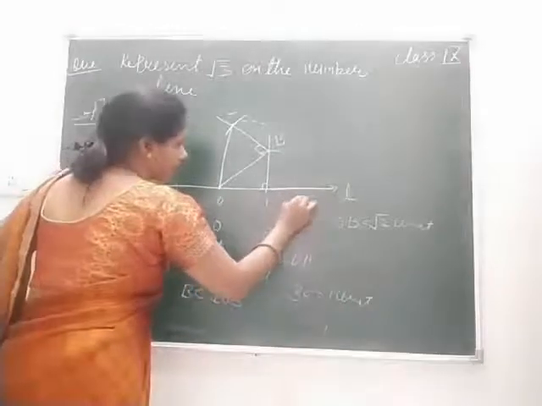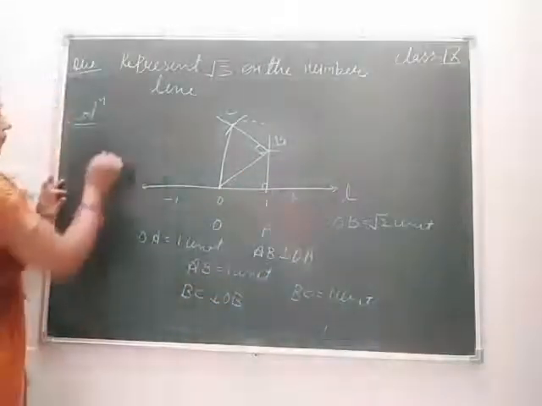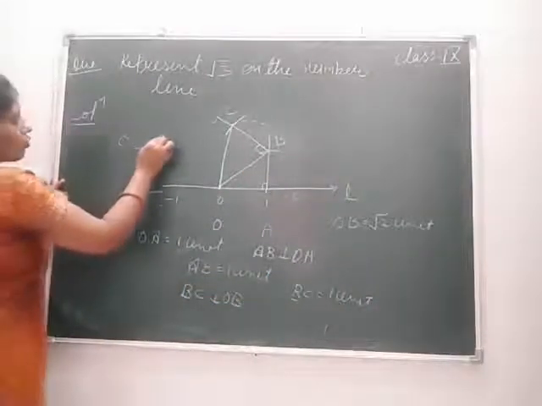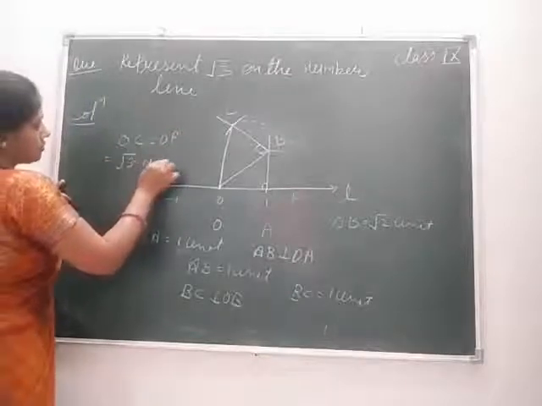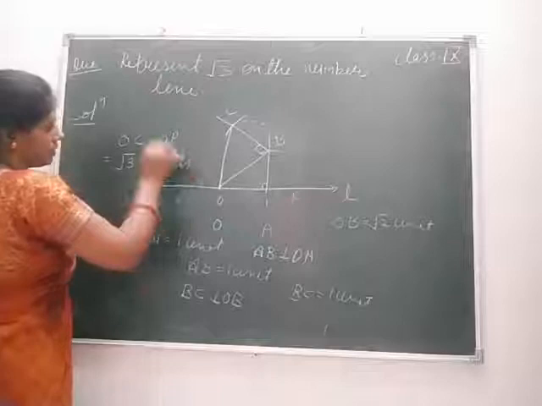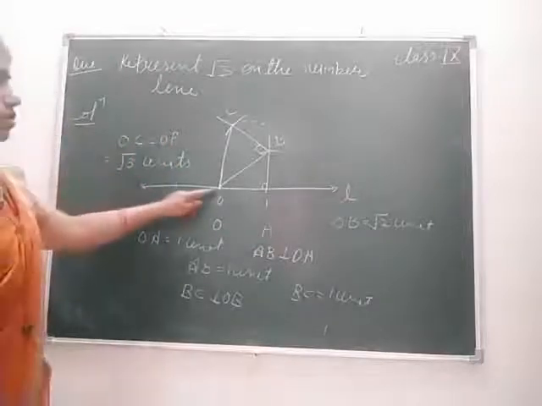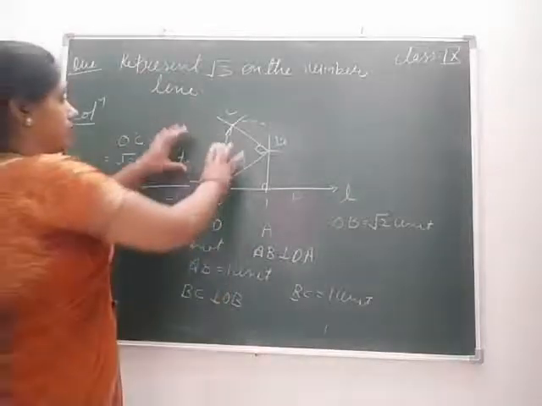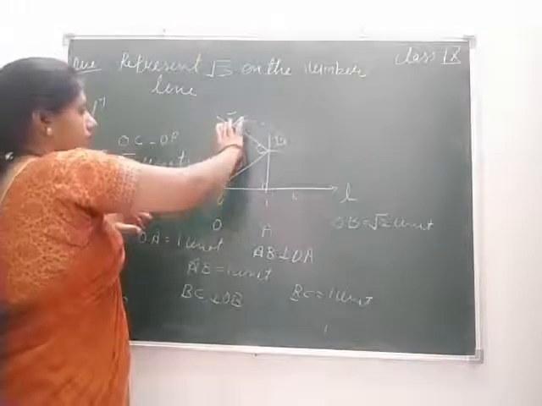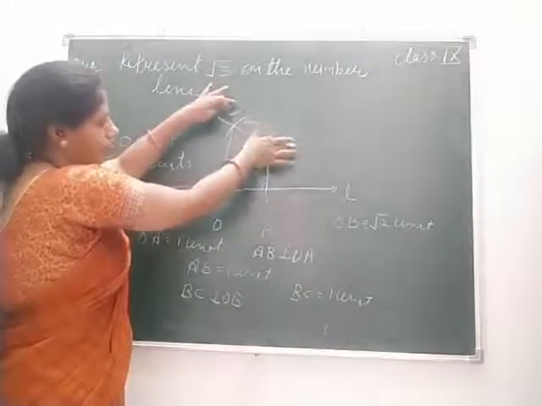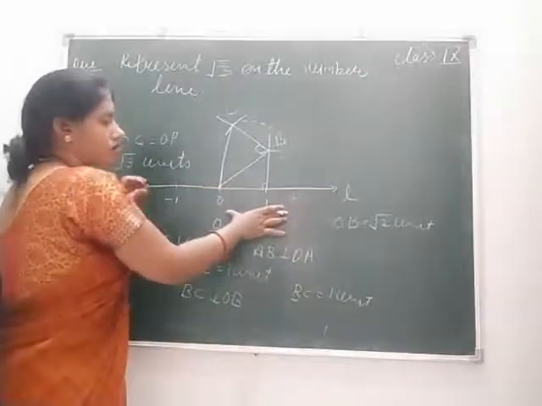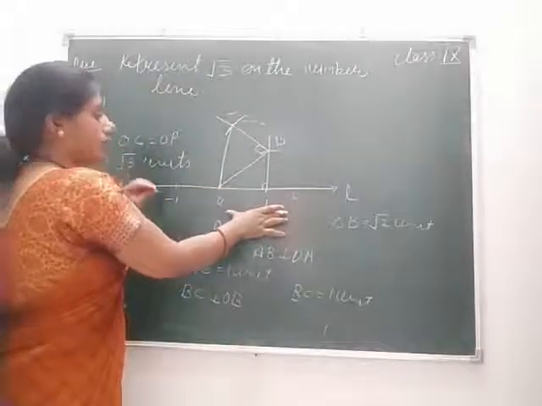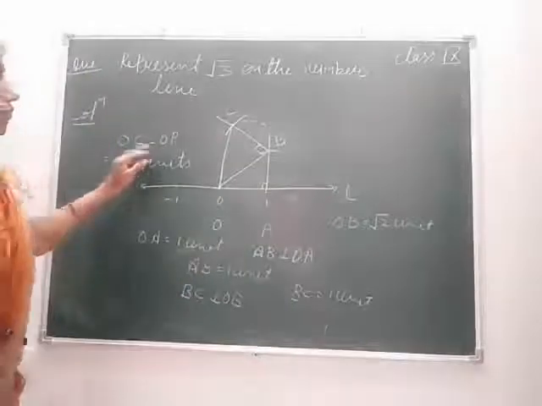P. OC equals to OP, represent of the root 3 units. कंपास की नोक को ऊपर रखकर OC को रेडियस मानकर इस तरह हम आर्क को घुमाकर यहाँ क्या लगाएंगे, कट लगाएंगे. मीन OP is the on the number line and OP is the indicate of the root 3. Okay.